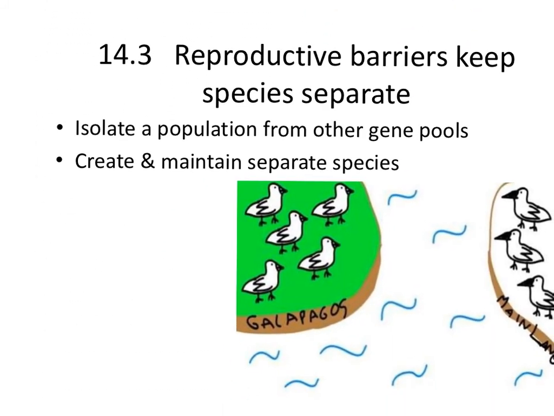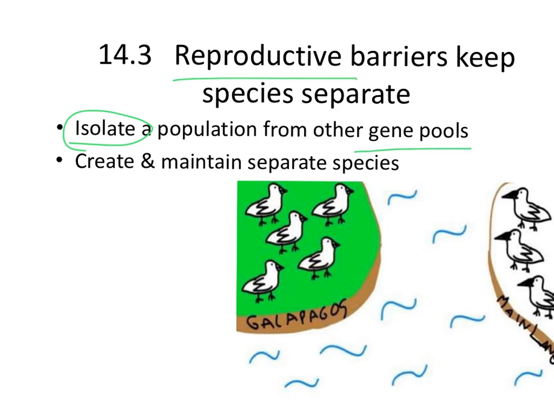Continuing on, what keeps species separate? How come some organisms in nature don't just have babies? Whales and dolphins live in the ocean. The ocean is a big place, but I'm sure they cross paths many times. So why don't they have babies in nature? And the answer to that is reproductive barriers. They're things that keep reproduction from happening. They isolate or separate a population so that they do not mate. That then causes the gene pools to become different.